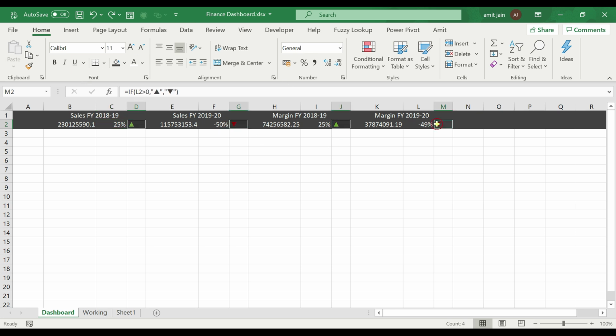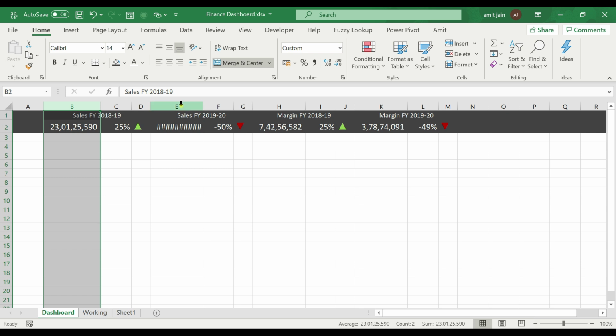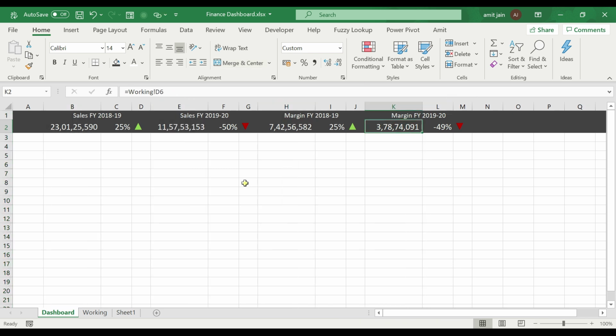I'll select these 4 items and I'll increase the size of these items. So I'll keep it at 16 so that this button should look good. I'll increase the size of these items also. So instead of 11, maybe I can keep it at 14, right? And I can remove the decimal places, because in case of a dashboard we may not be requiring these decimals, right? Select this, increase it a little bit, right?